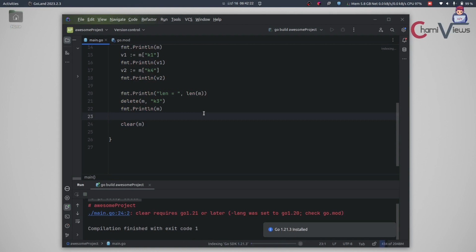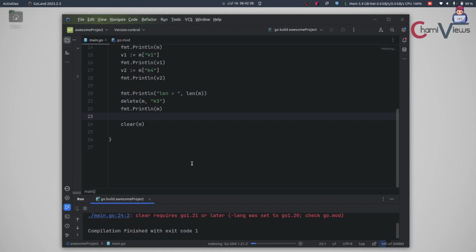Okay. Now it is indexing. And in this way, we can simply install the new Go versions. This is actually very important if you are using some new functions that are not supported with the old Go versions. Okay. Another thing here,